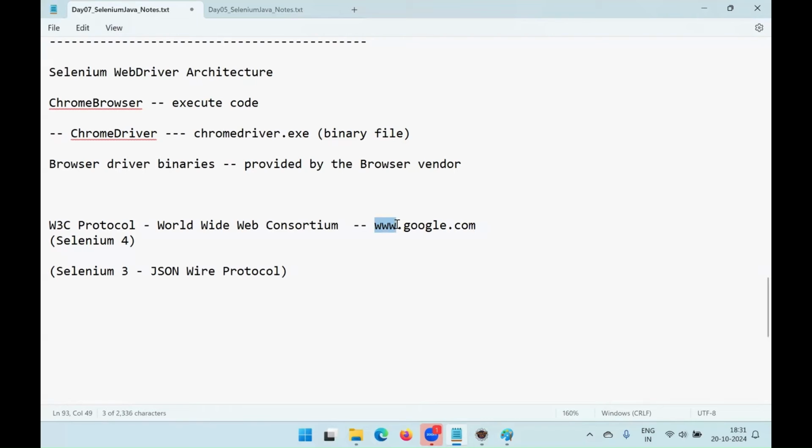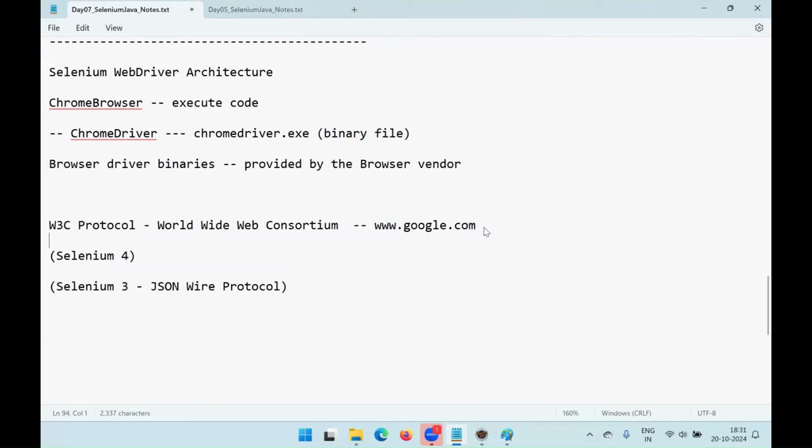This is a community, and the consortium is a community which sets the standards for browsers. Some web standards are set for all web applications, which companies need to follow in order to have a better user experience for customers. Whenever a browser is used for banking or e-commerce, some standards are set up by this World Wide Web